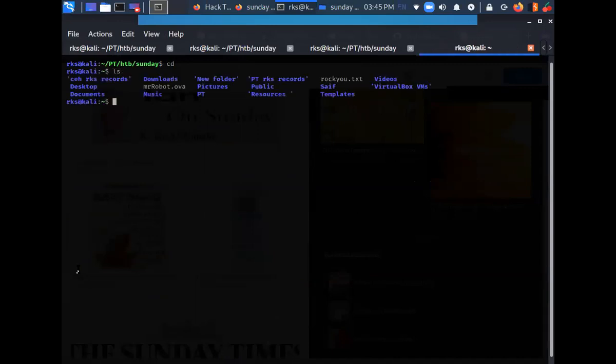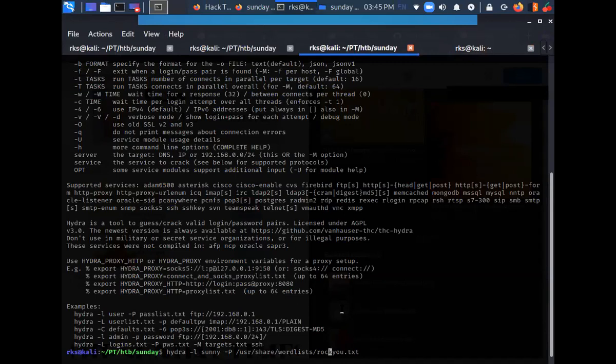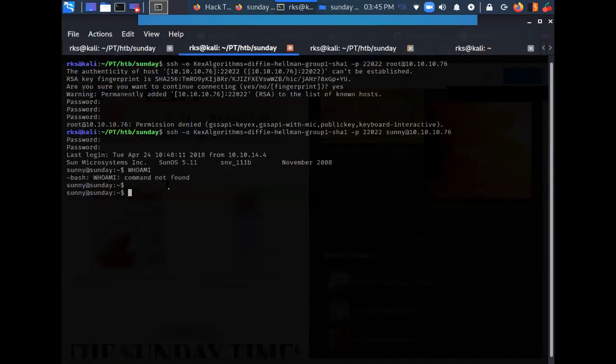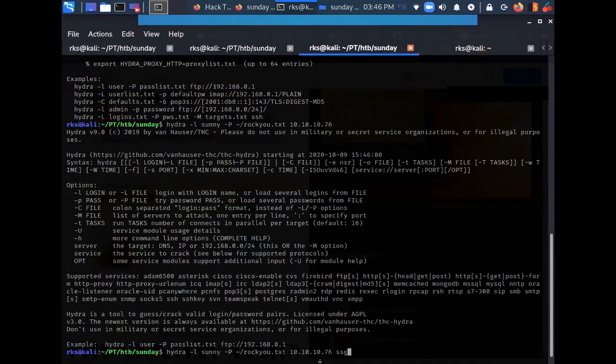Where did I extract it? It's here. rockyou.txt, target IP address, SSH, custom port.